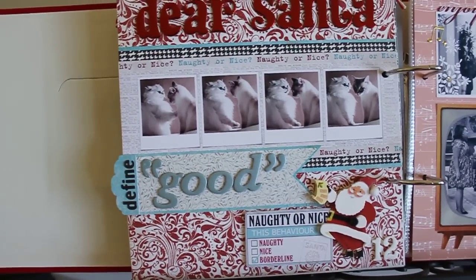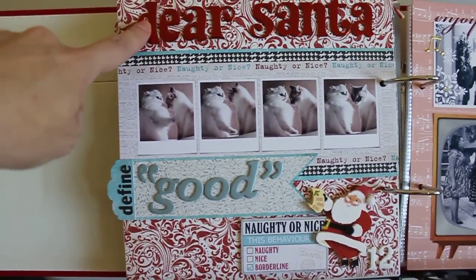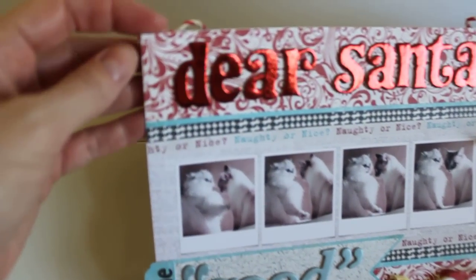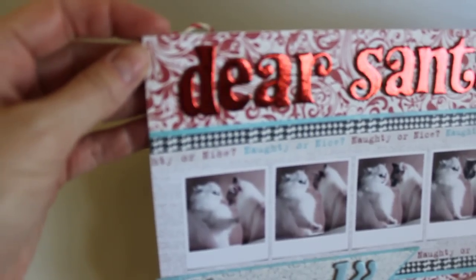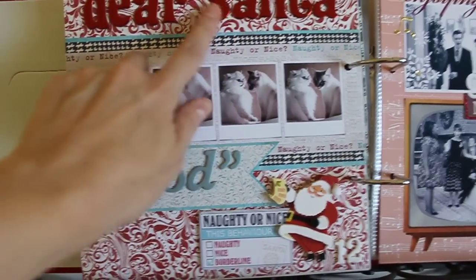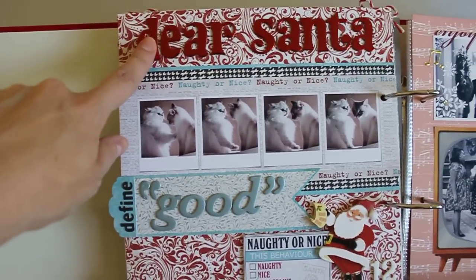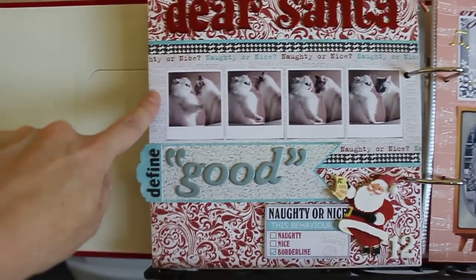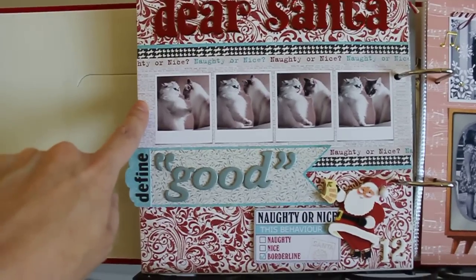And so let's see, up at the top here I used the Thickers. It's a metallic Thickers. You can see it's got a foil shine to it. So that's kind of cute. I like that font. It's just a playful font. And really, when I was looking for pictures for today, it appears not much happened that day